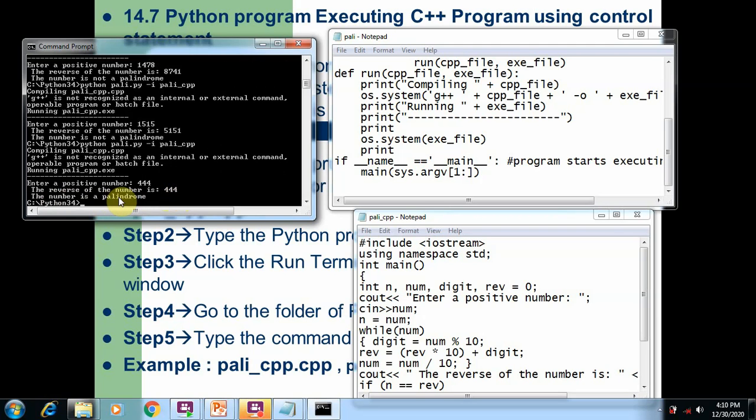The given number is palindrome. So what we are actually doing is preparing two files. One is a Python file to run the C++ file. The other is a C++ file which contains all the necessary code. And in the command prompt we are using the command Python